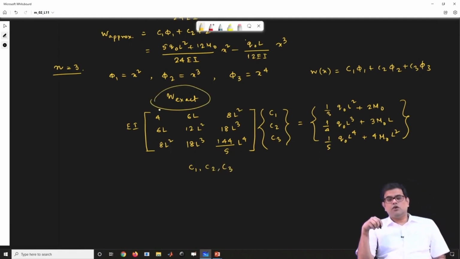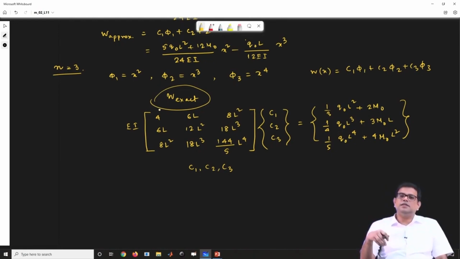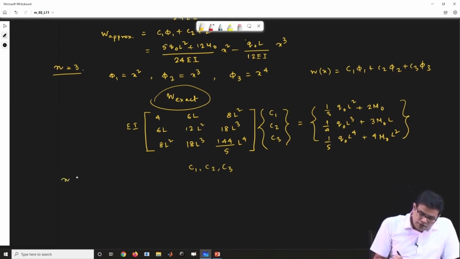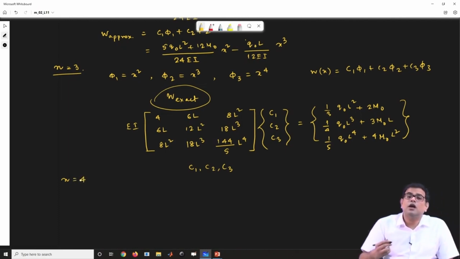From here, if we find C1, C2 and C3, we reach the exact solution of the problem. So you see that when I increase the order of polynomial, or the order of approximation, or the number of terms in the approximation, we slowly reach the exact solution. Now, instead of n equals 3, if I try to further increase the number of terms in the polynomial,